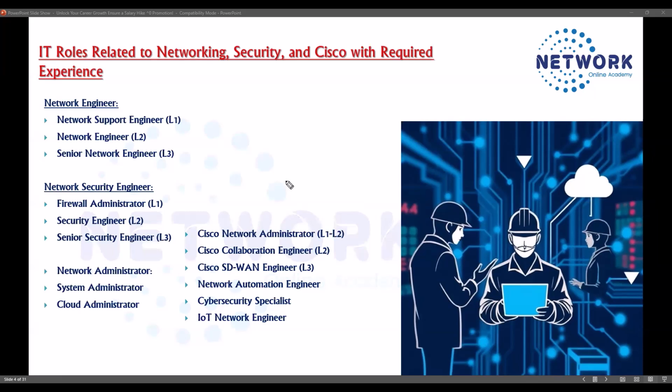It totally depends on the environment, because if you're getting an environment to work on the firewalls and manage them, then you probably move more on the network security side. But if you're in an environment where there is more switching and routing, and you don't have many firewalls, maybe a few dedicated security devices managed by some other team, you probably deep dive into the network engineering role. So it totally depends on the environment. Of course, it also depends on interest as well. But most of the time, your interest doesn't make much difference,